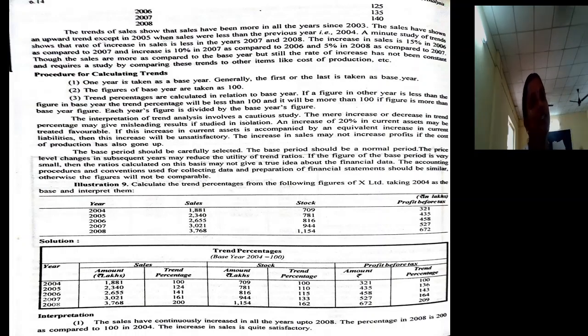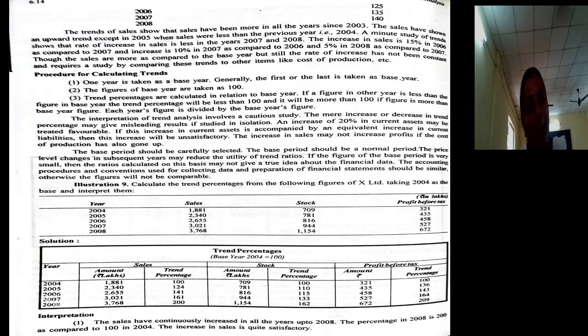For example, if you consider 2000 as the base year, then whatever items are there in the years after 2000 must also be there in 2000. Did you get my point? For example, in the 2001 balance sheet there is an item known as unpaid expenses. If that is not there in 2000, we cannot consider 2000 as a base year. For example, in the income statement there is an expense known as administrative expenses in 2001, but that is not there in 2000, which means you cannot consider 2000 as a base year.